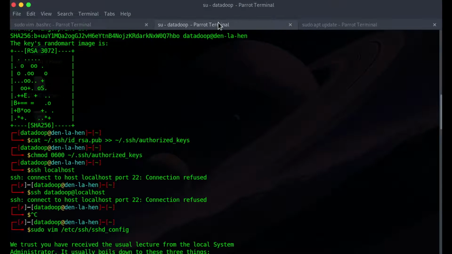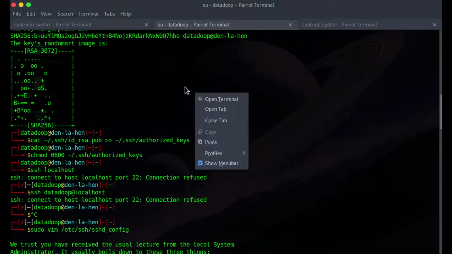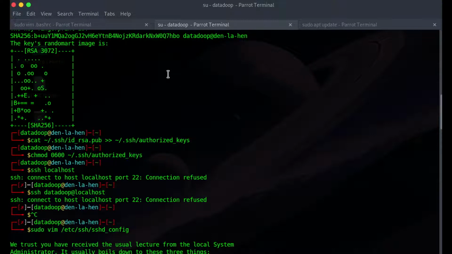So after restarting the service, you can proceed with the Hadoop getting downloaded. Okay.